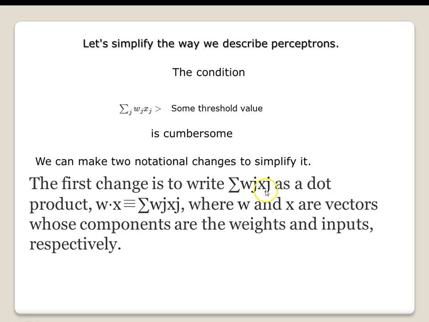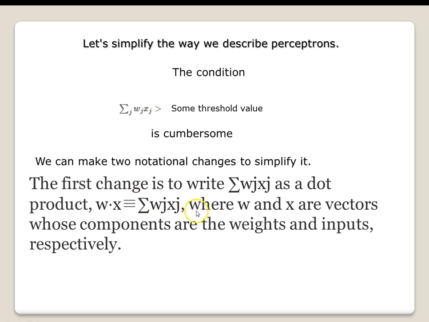First, instead of this, we can use the dot product, right? We already said that might be convenient. So this is w sub j x sub j, and that can be changed to the dot product. Again, I apologize, no subscripts here, but the sum of w sub j x sub j could be written as w dot x. So we don't have to write this; we can write this. All right? Hopefully that's